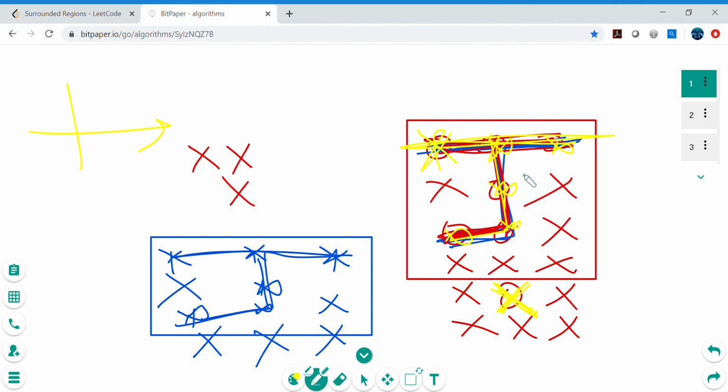So the strategy was to use depth first search, but starting only from whatever is on the boundary. Whatever O is already on the boundary, we update it to some other special character.